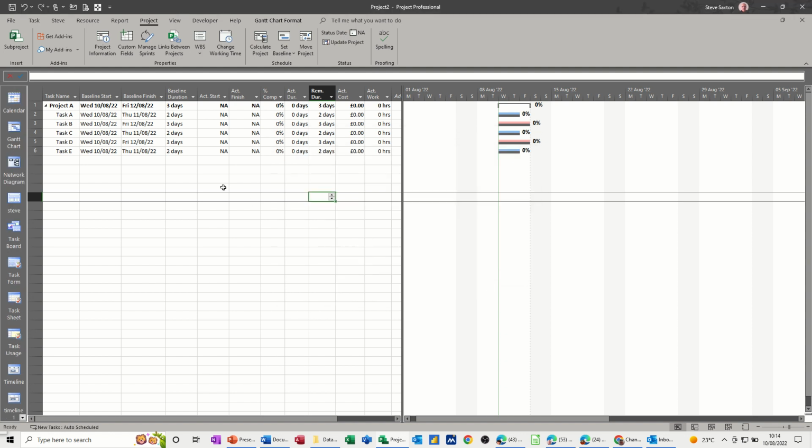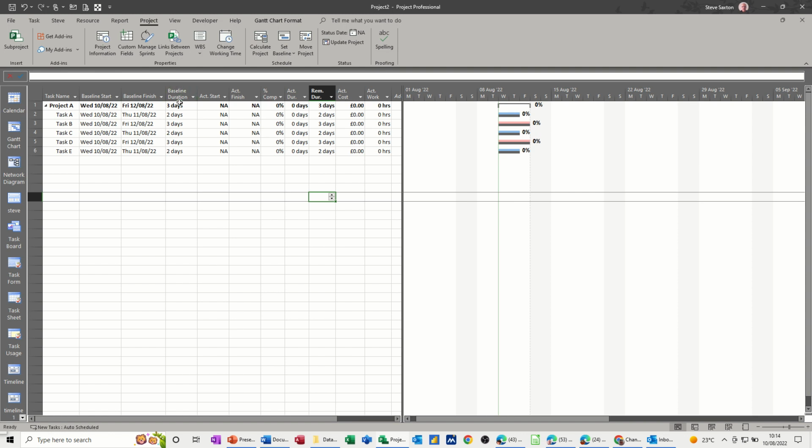Cancel that off. So let's just do a few updates, and this is how I like to update tasks rather than doing 100% complete, because that doesn't give you any information other than the thing's complete. It doesn't tell you if it was before its due date or after its due date. It's not a good way of doing it. I know it's what a lot of people do just for time, but what you should do really, so this